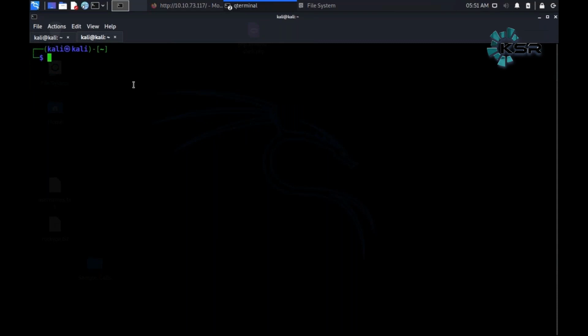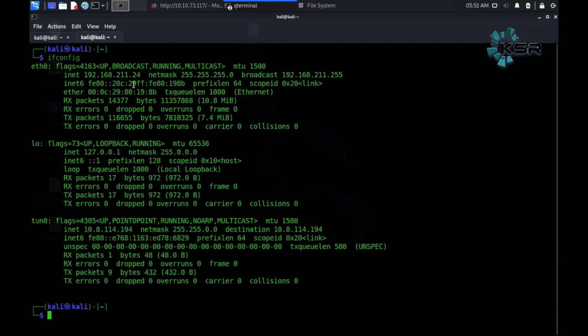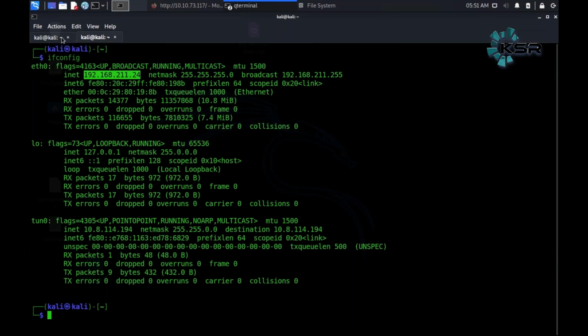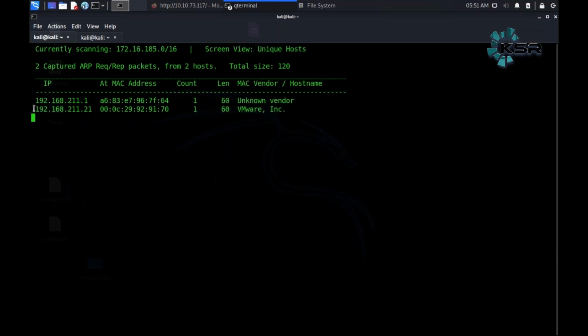Let's find out whose IP this is, because I'm not sure. So I'll go to a new tab and try to check if it's my IP or somebody else's IP. So this is my IP, whereas the IP that I found is somebody else's IP. Let this scan run, and after we complete the scan, we will be able to get a better picture of all the live hosts in our network. But till then, this random IP that we got, let's try to analyze this.